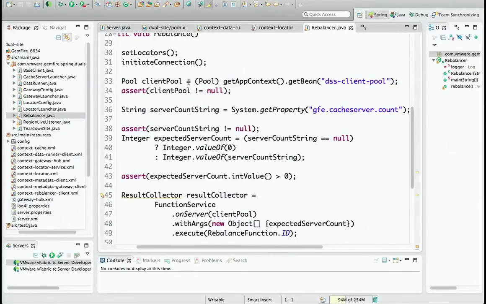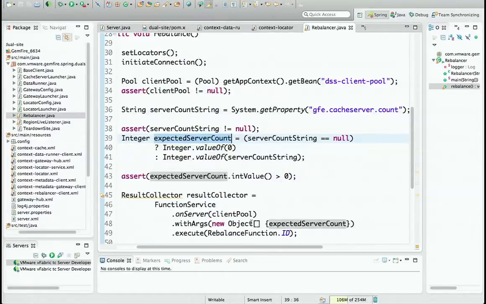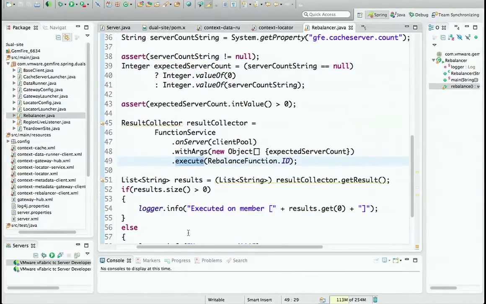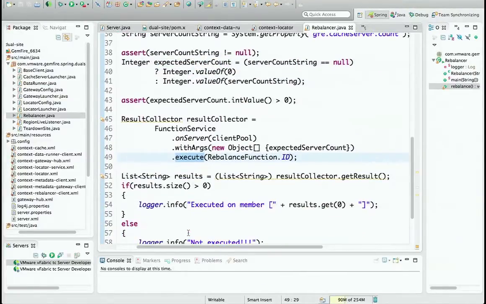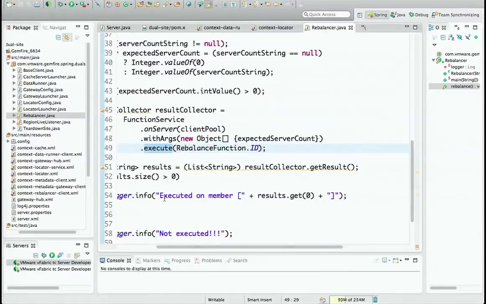All we need to do is obtain the pool and the number of servers to expect as part of this rebalance task. And then we execute it. This is an asynchronous process. So all GemFire will do is give you a result saying, in this case, we were interested in which server